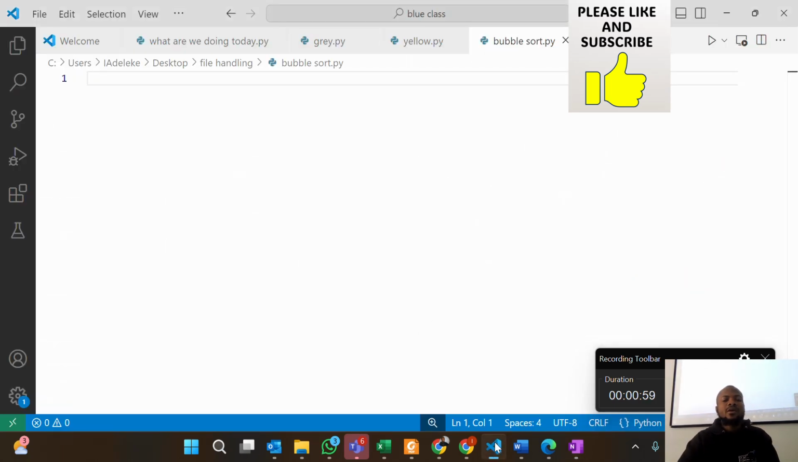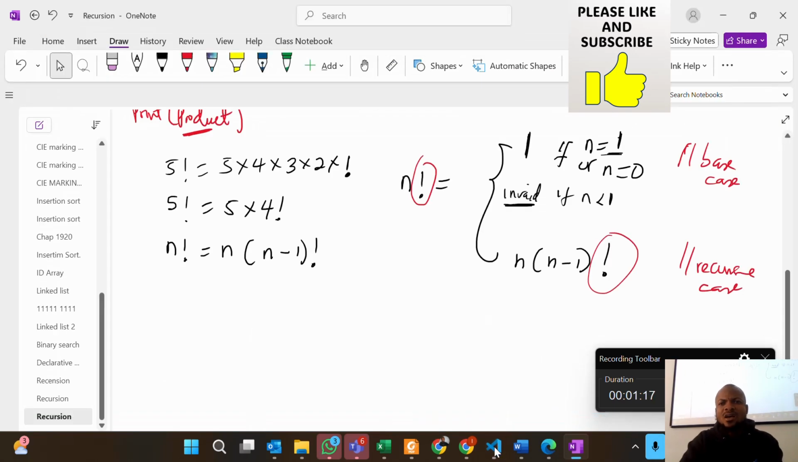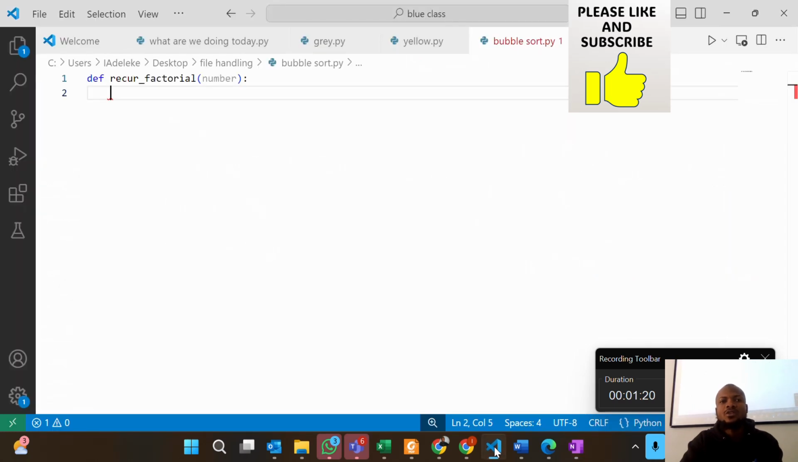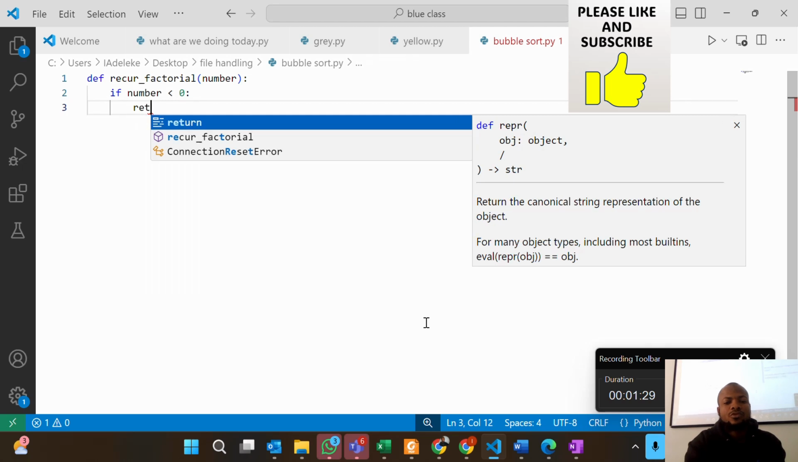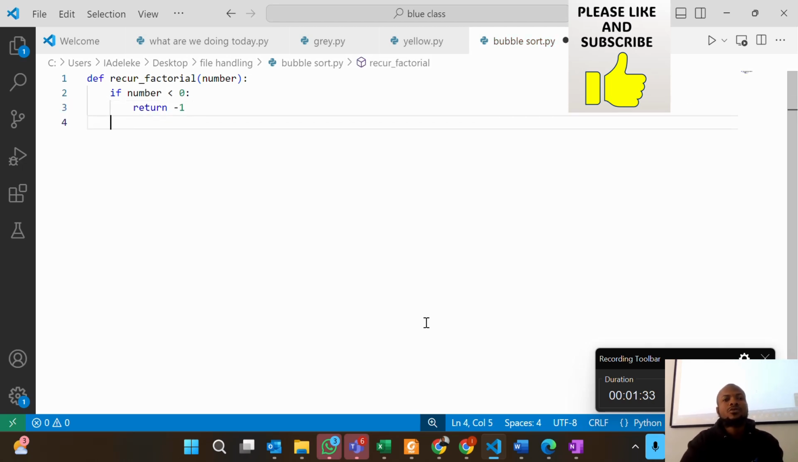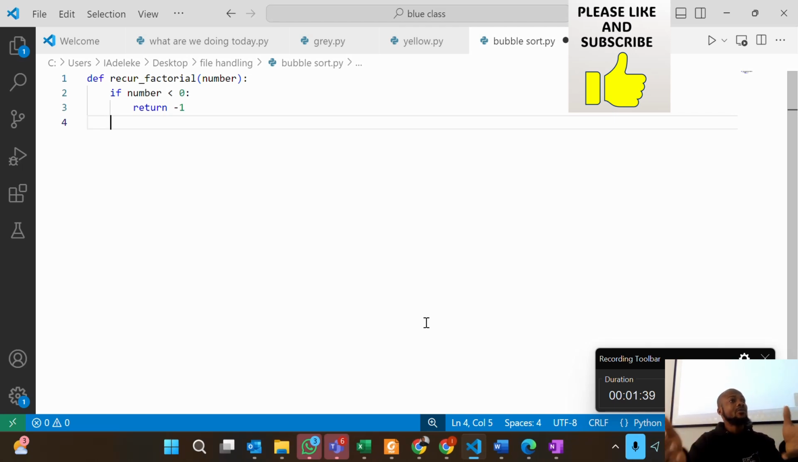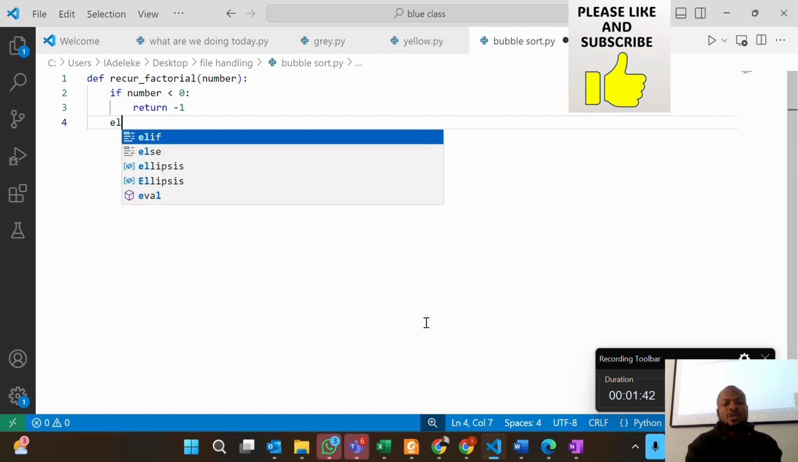So going back here, then I have def recursive_factorial, then number. Okay. After that, we need to set the base case, isn't it? So let's first account for the negative value. So we can write that if number is less than 0, return -1, and that is all. Return means that is the end of the function. It just stops. It's just like a break for a loop. Is that understood? Else if